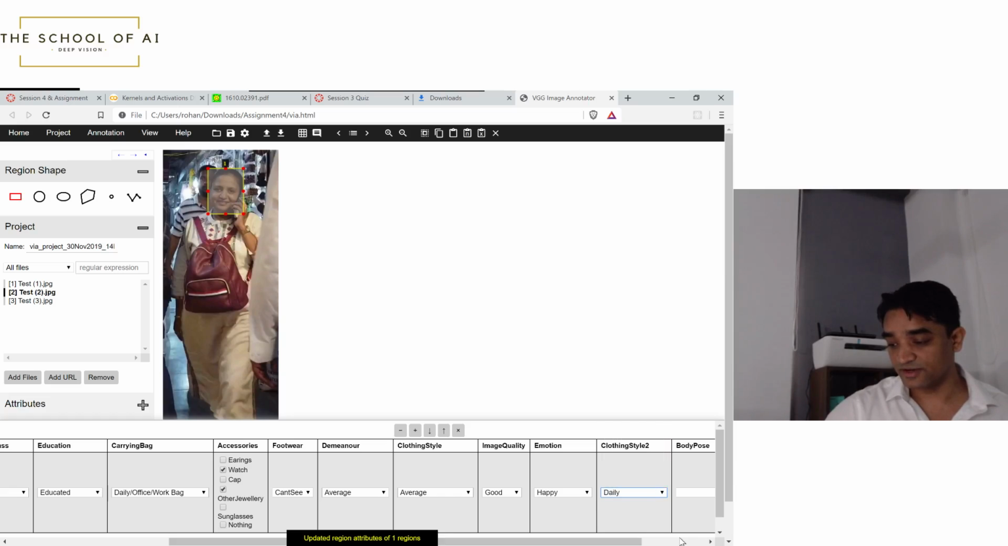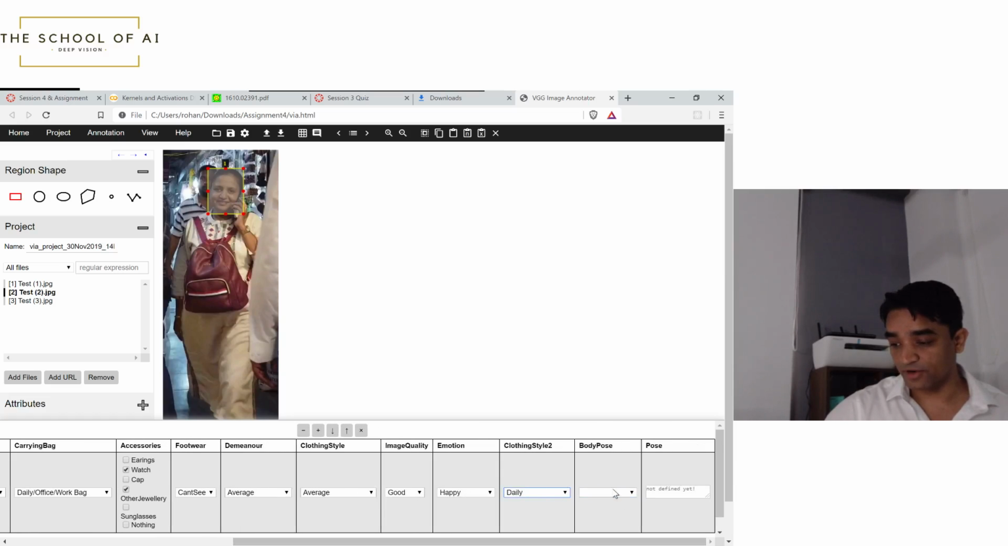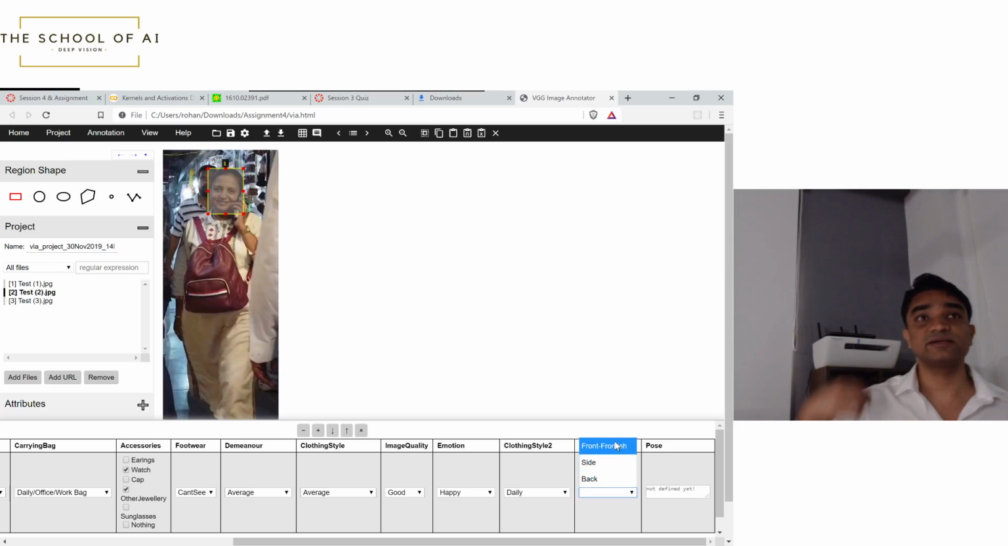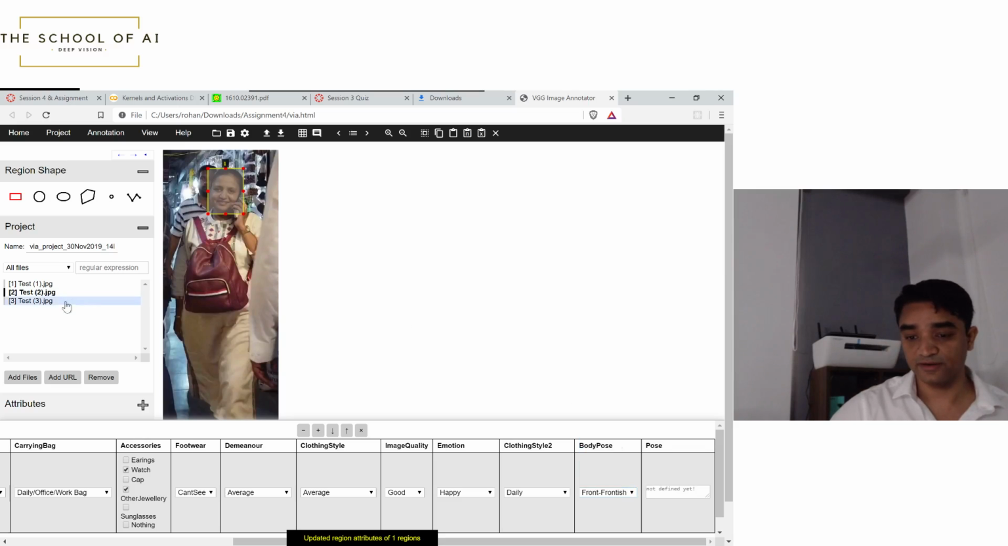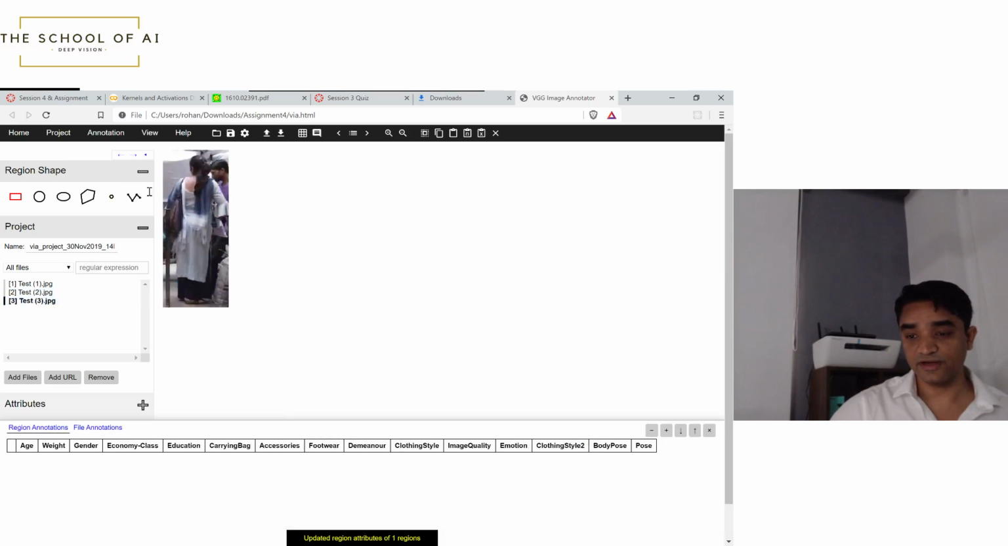And the last option for us is body pose. And body pose is frontish. You are basically looking at the shoulders. You're not looking at the face. Right? So this is a frontish part. Now you're going to go to third image, and you're going to do the same thing for her. You can't see her face now,